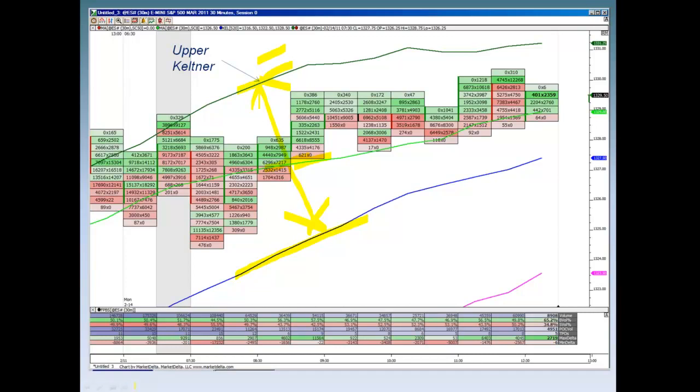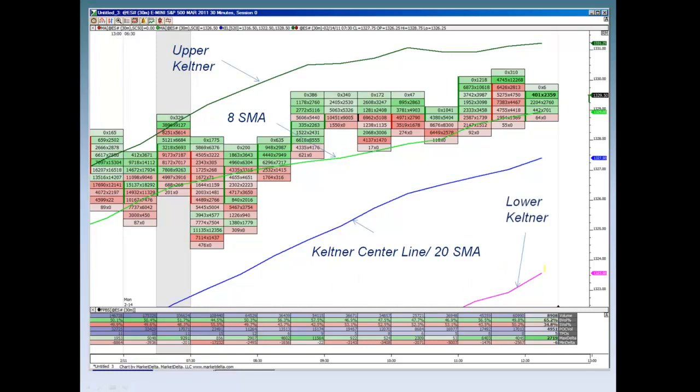And this is really a matter of practice. The more you look at the market, look at where price is and what it is doing vis-a-vis the Keltner, you begin to develop these skills, and eventually, hopefully, they become second nature to you. Once again, here's our 8 simple moving average. Now I'm starting to blend a couple of technical analysis pieces together. We have the Keltner, we also have the 8 simple moving average, again, the center line, and of course the lower Keltner. Now let's take a look at